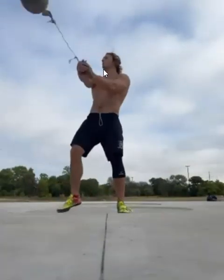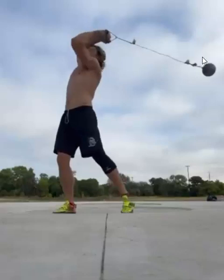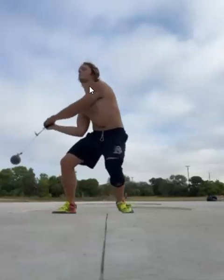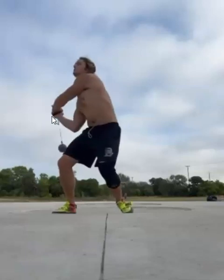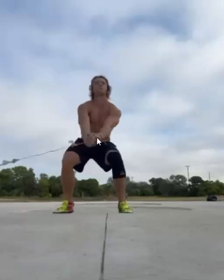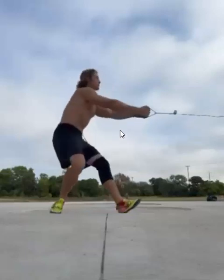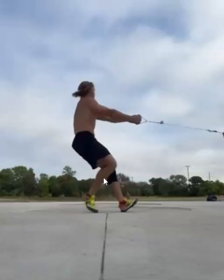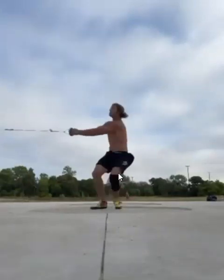Once again, working on the winds and entry, turning back more, trying to keep more tension as the ball goes behind you from 90 through 180, and then also getting a little bit more separation with the hips and shoulders and working the ball a little bit more in as the ball goes from 180 through 270, and then letting it sling. Like I said, reaching out more to the right, and then keeping the ball long out left. You can see this entry right here through 0, there's just a little bit of tension that you're creating with the body rather than letting the ball go. And your turns are set as the throw goes on. You're setting it up with a little bit of artificial tension, and then